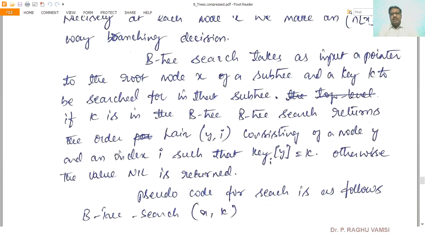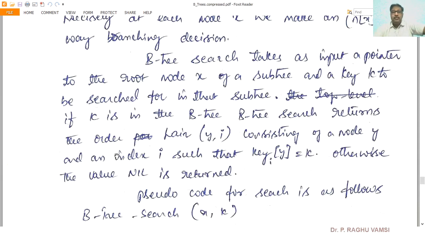If k, the key element to be searched, is in the B tree, then B-tree search returns the ordered pair (y, i), consisting of the node y, that is, in which subnode the key element was found, and the index at which that particular key element was found.